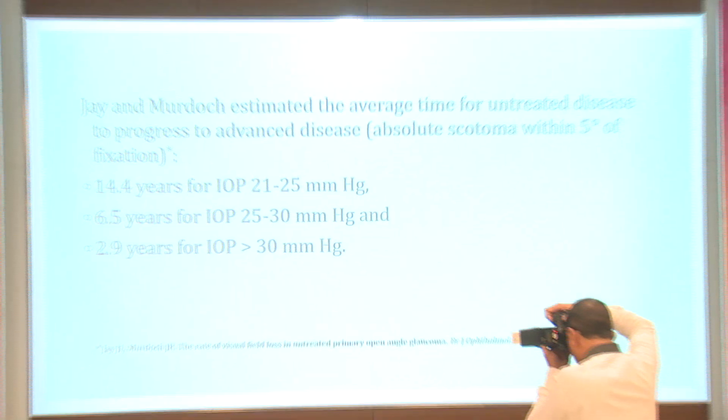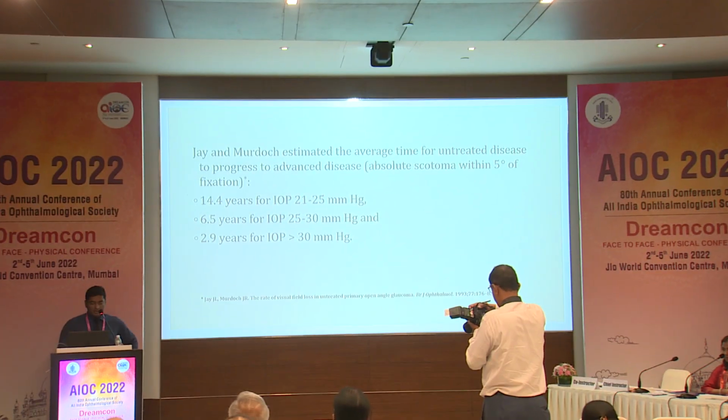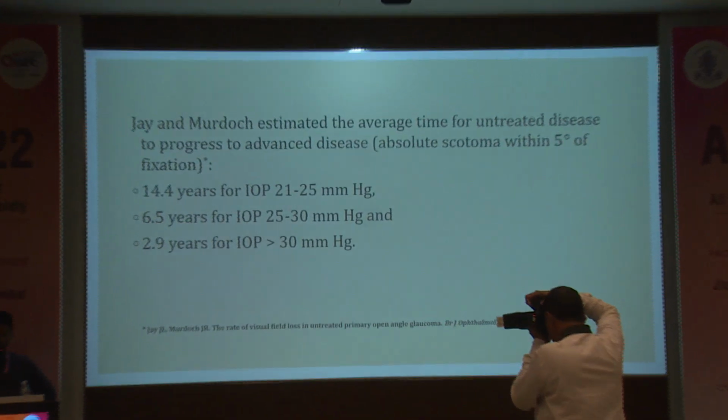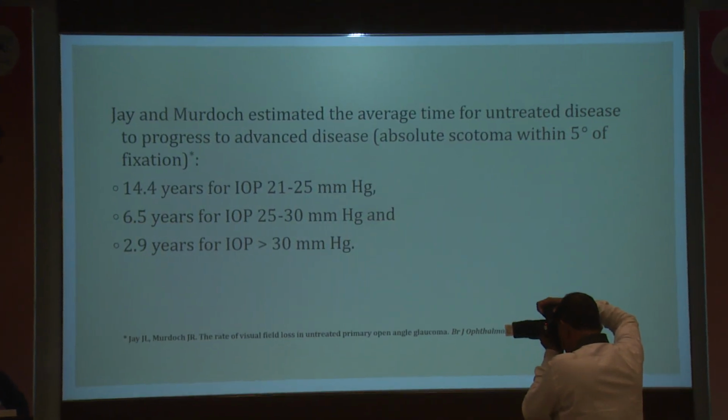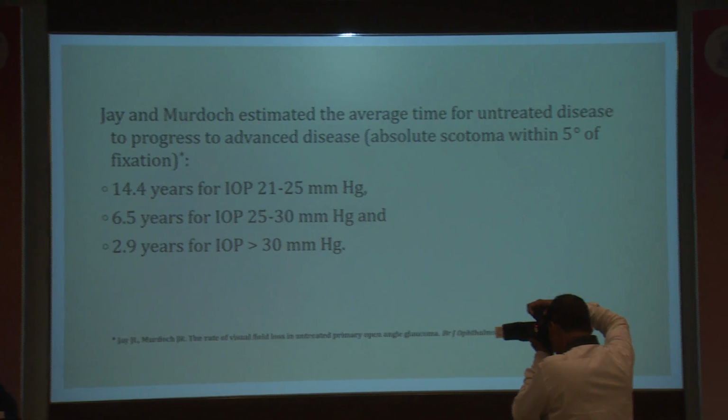So this is a brief study done by Jay and Murdoch, who estimated the average time for an untreated disease to progress into an advanced stage. This was determined by the baseline uncorrected IOP. So if a patient presented with an initial uncorrected IOP between 21 to 25, it took about 14